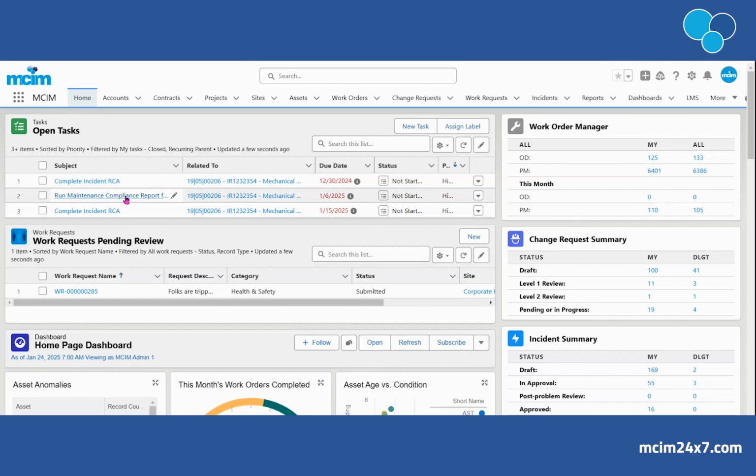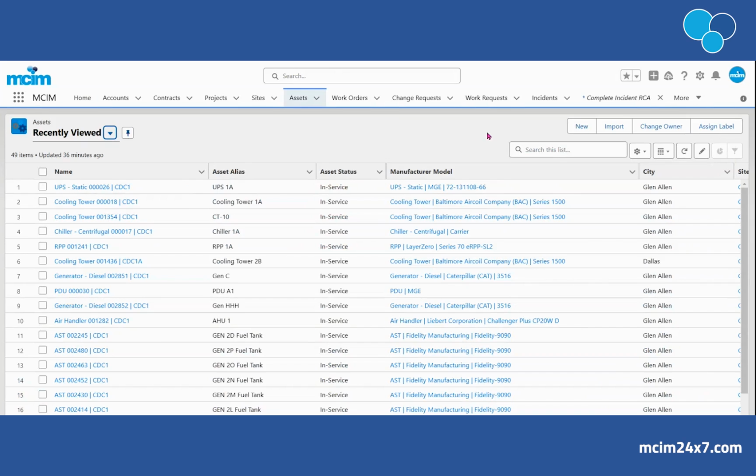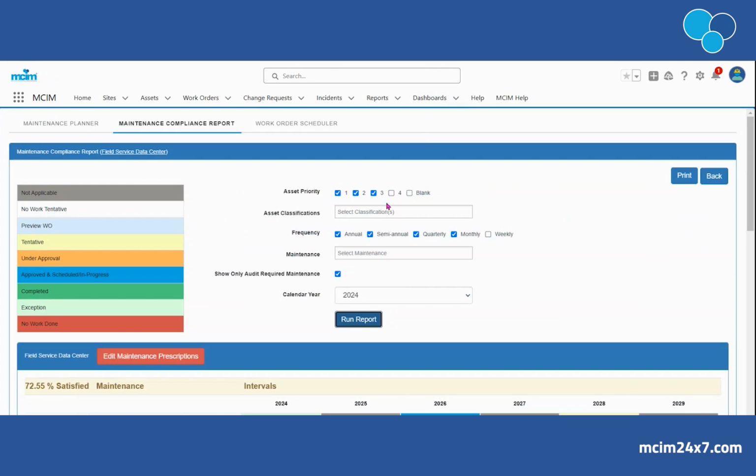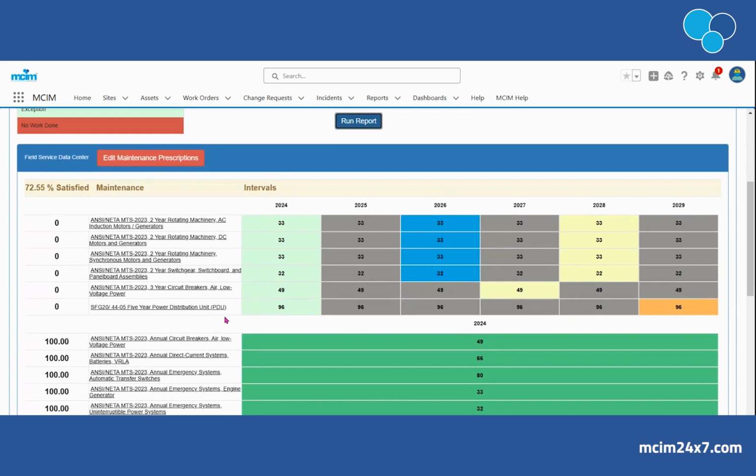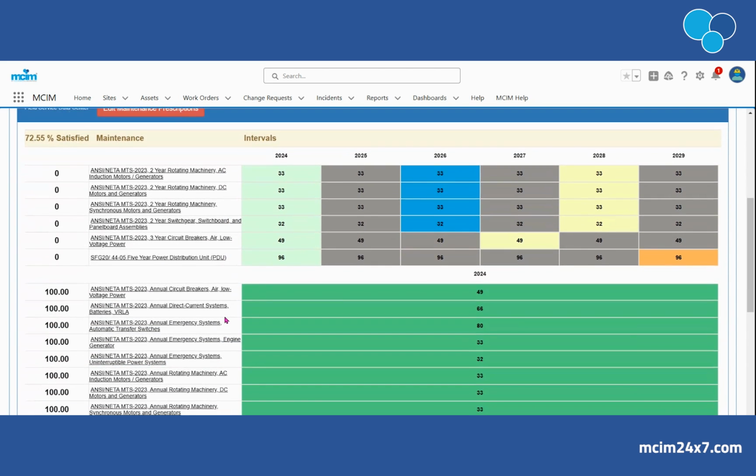Here in his open tasks, he sees a reminder to run a maintenance compliance report. Not a problem. He easily jumps into that report, and he ran it for last year. We've got color coding to signify the different statuses, and he can take a quick peek at how they did last year, whether that's multi-year maintenance, yearly,